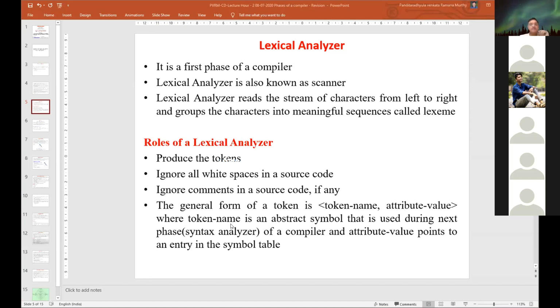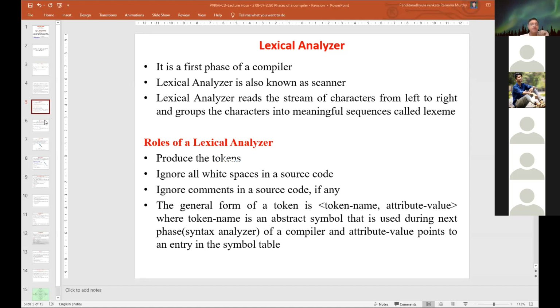Finally, it generates the token in the form of token name, attribute value, where the token name is the abstract symbol used during the next phase, that is, the syntax analysis of the compiler, and the attribute value points to the entry in the symbol table.